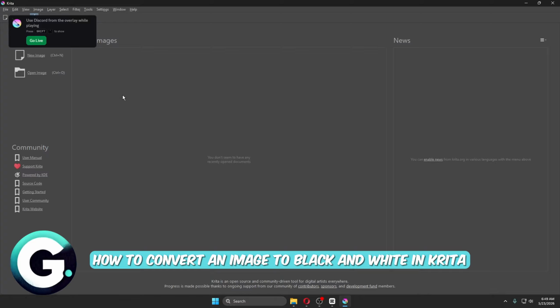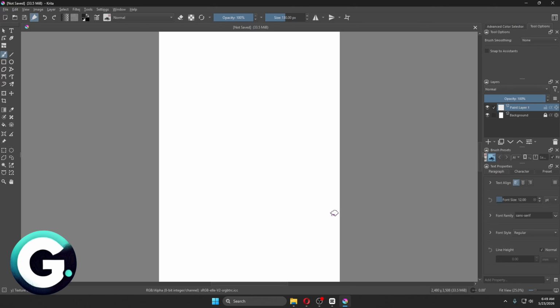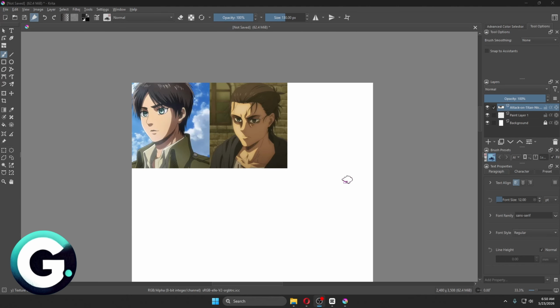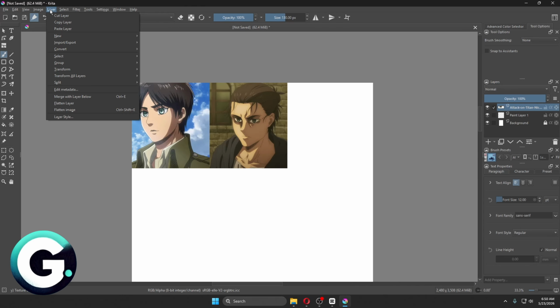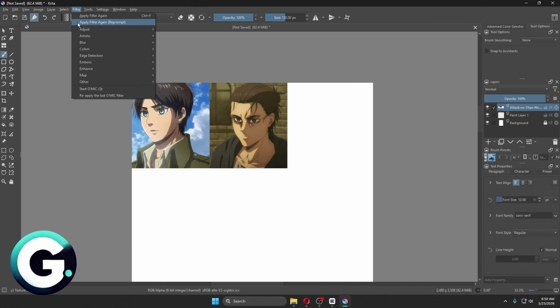In today's video, I'll show you how you can convert an image to black and white in Krita. So, of course, I'm going to create a new document and I'm just going to drag one of my photos onto Krita. Right after, you then want to select your picture, navigate through layer, and from here, navigate through filter,